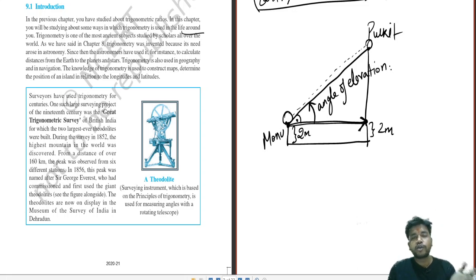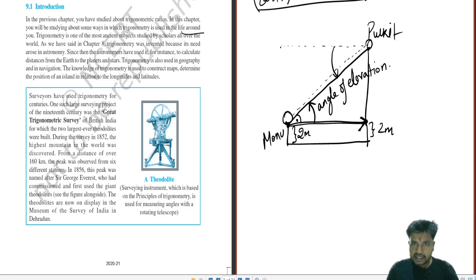Now if I am looking from the perspective of Monu, I would also be looking from the perspective of me, meaning Pulkit. How would I be looking? Like I was staring over here at something in the atmosphere. Suddenly I saw Monu. When I saw Monu, my eyes turned towards the downside.